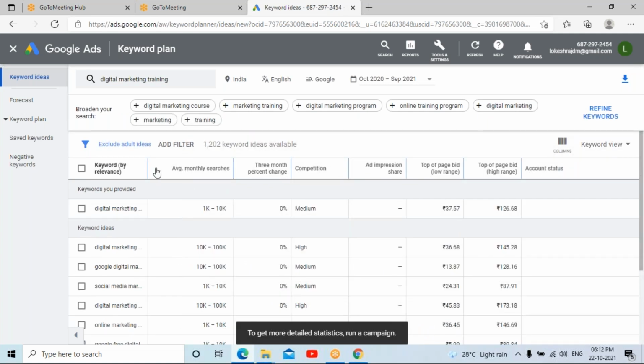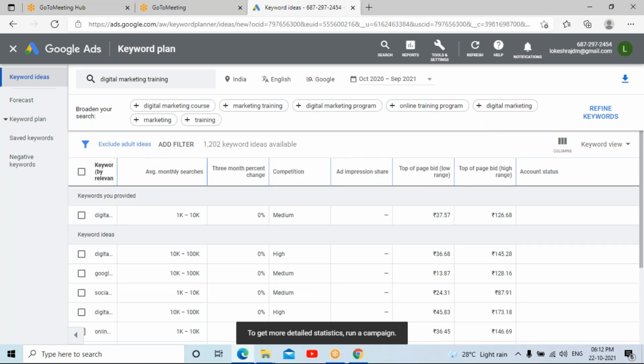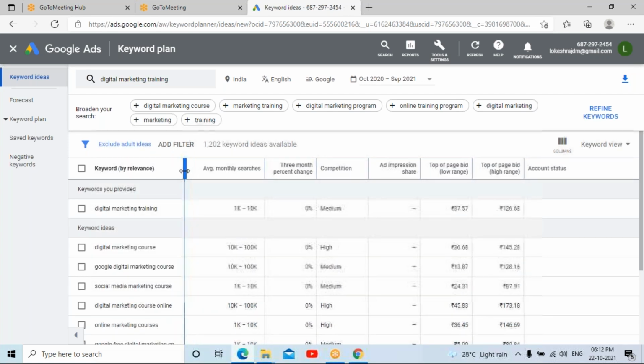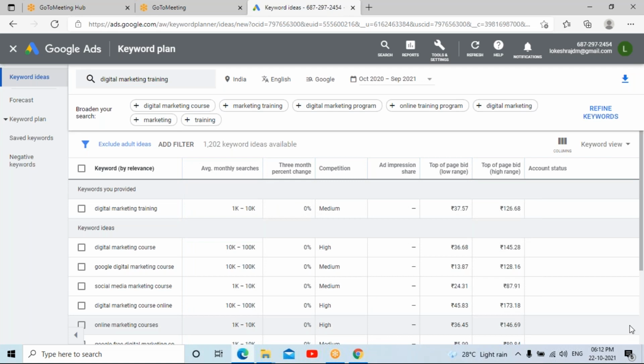Here you can check this column and see how many keywords can be used, the different types of keywords relevant to the same subject, and which is the highest priority, based on what people use to search for content.